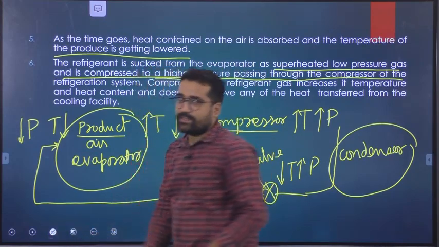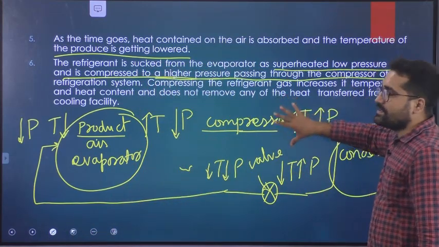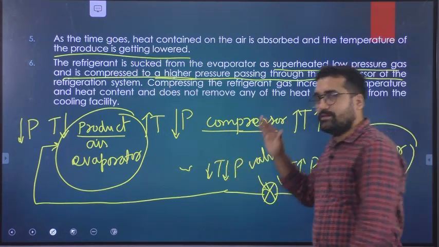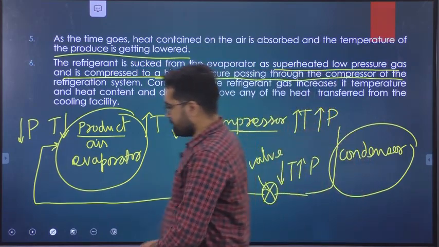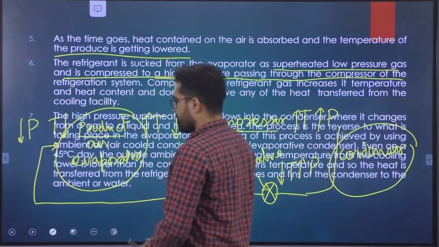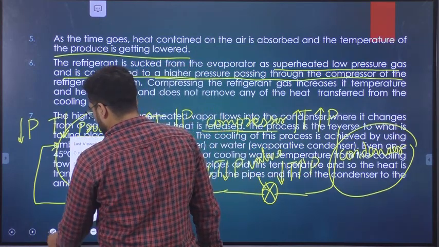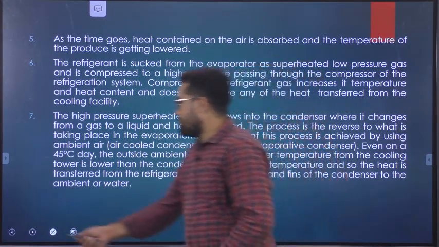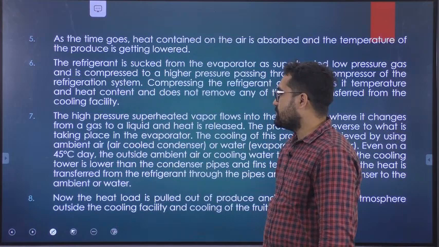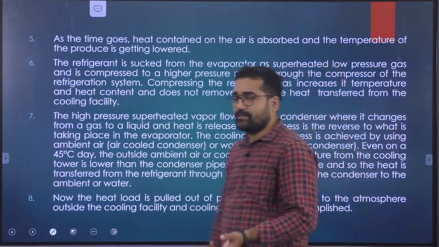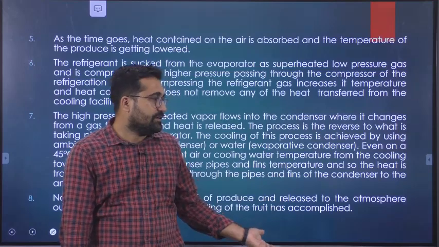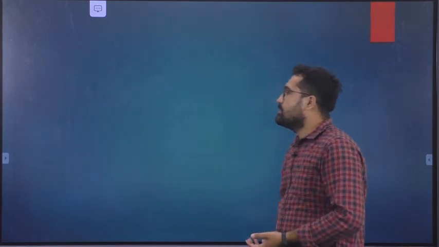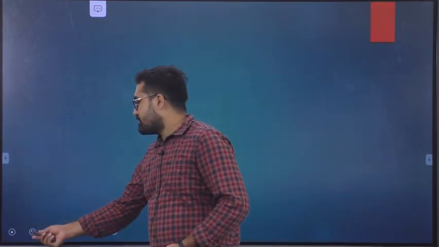So the compressor's work is nothing but increasing the pressure, and the expansion valve's work is nothing but reducing the pressure. Once we are getting the lesser pressure, the heat is pulled out from the air, and now this air can be recirculated to the system. So this is the mechanism of how a pre-cooler works, or how a refrigerant cycle works.